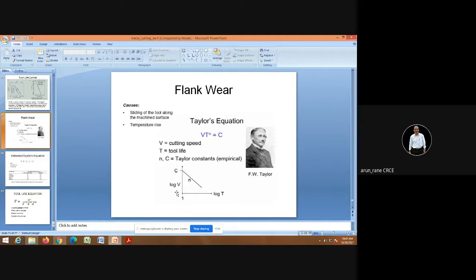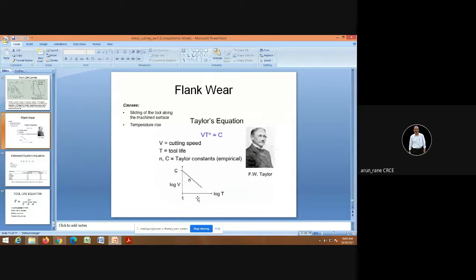This is a graph of log V and log T. I know you may not know what this graph is. You have to take the log of V, the log of T, and plot the graph. This is done on logarithmic graph papers. I know you may not have seen this. You are familiar with normal graph papers, but if you go to a stationery shop and ask for semi-log paper, you will get it for only 1 rupee per paper. You will see the log scales.